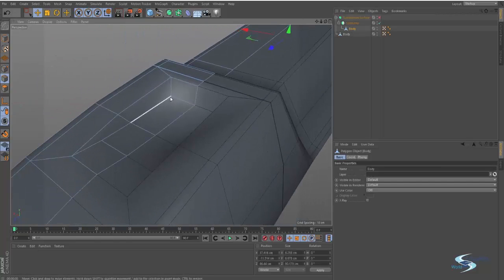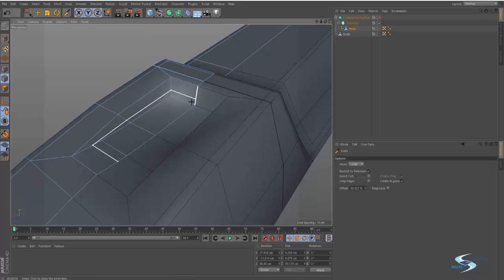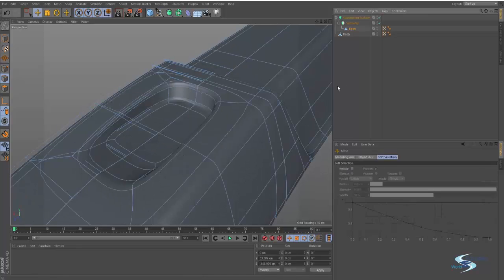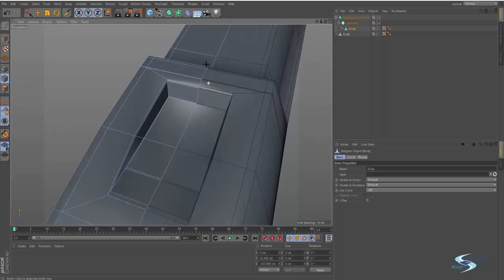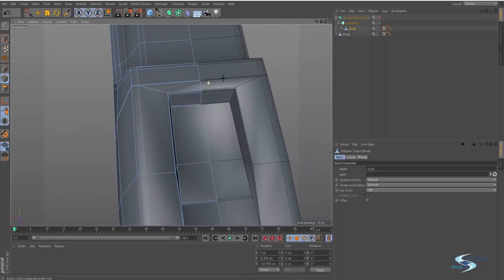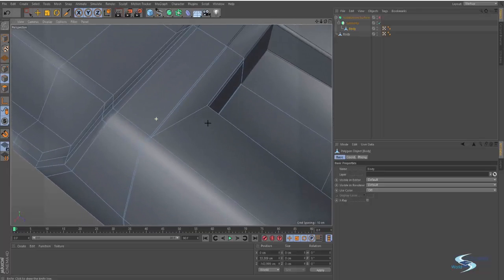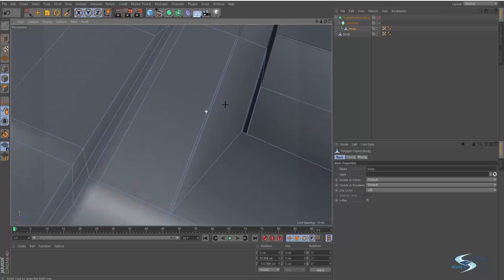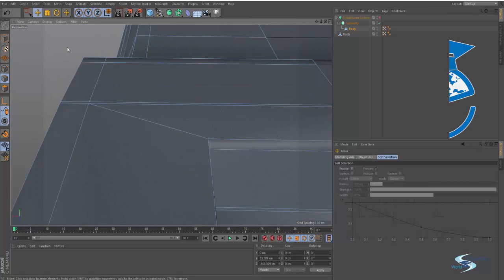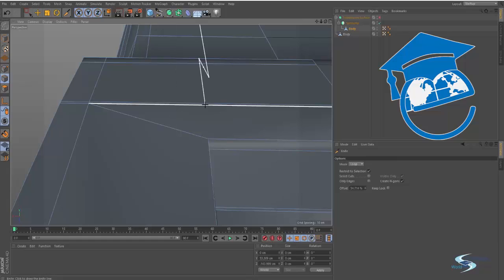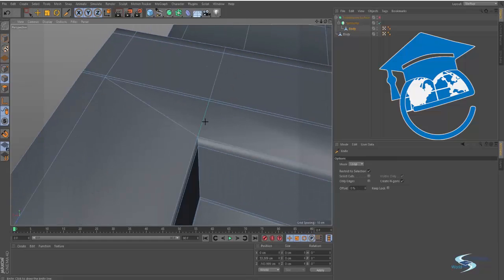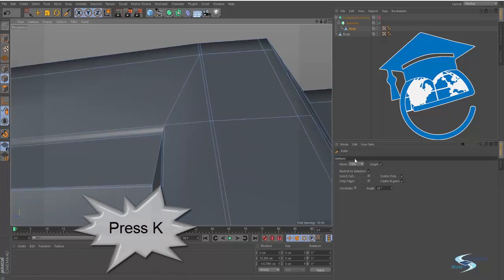Another thing is this hole, K, and deselect everything, and then you can just cut and cut, and then we can cut from here and up to the cockpit, and make a cut from here to there, and press K,